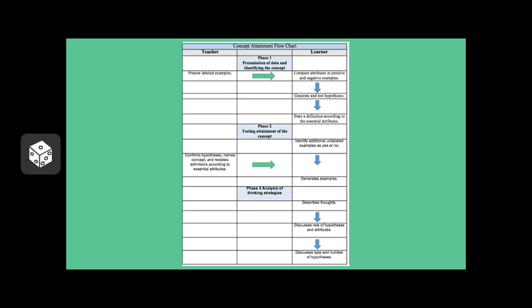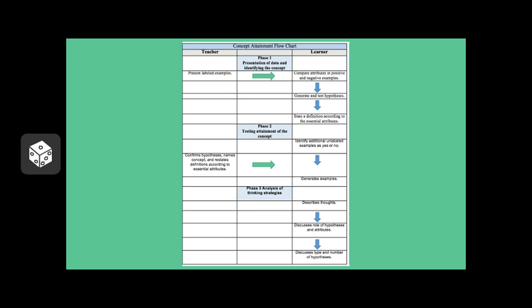It is the learner's job to compare both positive and negative examples so that a hypothesis may be generated. By looking at the positive and negative examples, the learner should come up with a working definition. In Phase 2, the learner uses the working definition to label more examples as positive or negative. At this point, the teacher will confirm or deny the student's definitions so that the student may then generate their